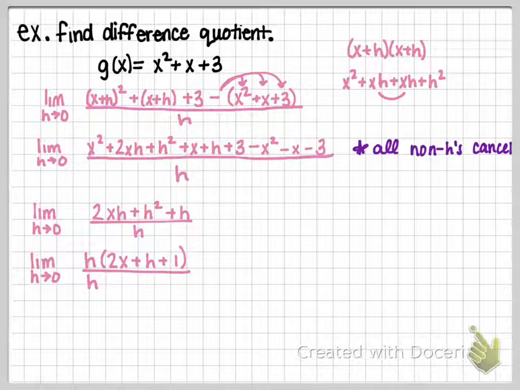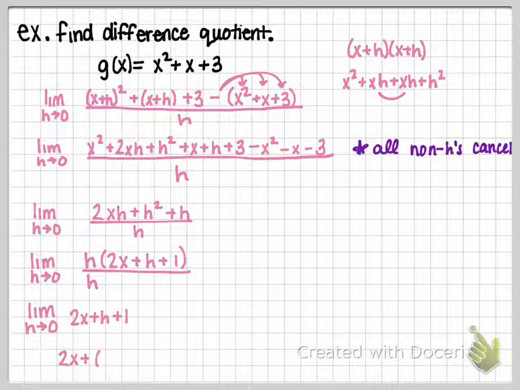So then my h's will divide away and cancel out. So I'll have the limit as h approaches 0 of the function 2x plus h plus 1. If you remember, what we did was we plugged in 0 when we were trying to find the limit. So we'll plug in 0 for h. When we plug in 0, we end up with, right here,